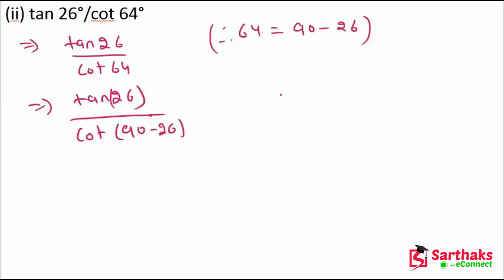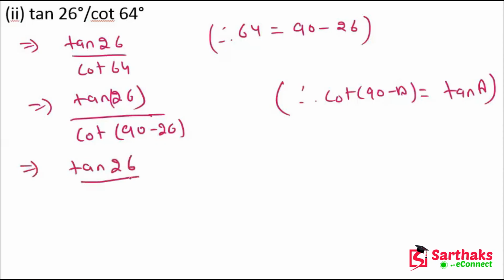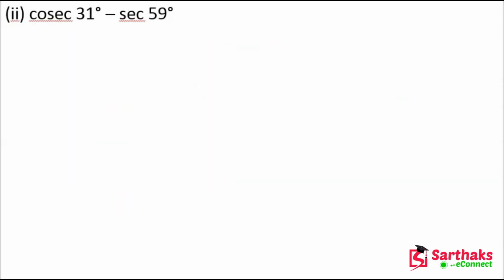We know that cot (90 minus a) is equal to tan a. So we can write here tan 26 divided by tan 26, and this will be cancelled. We get 1 again. So my dear friends, I hope you understand these things. So now let's move on. The next question is,